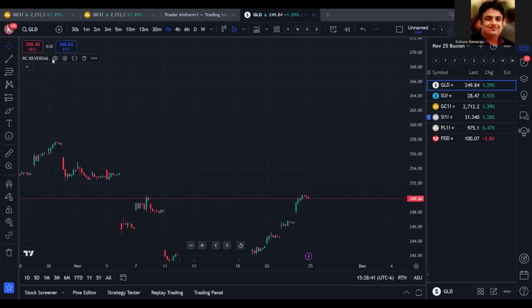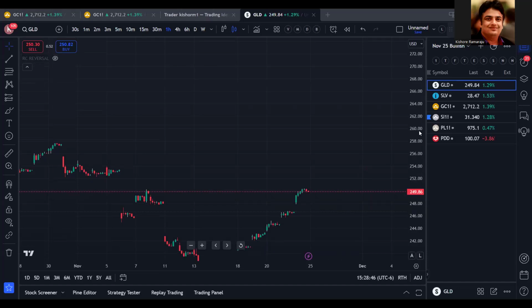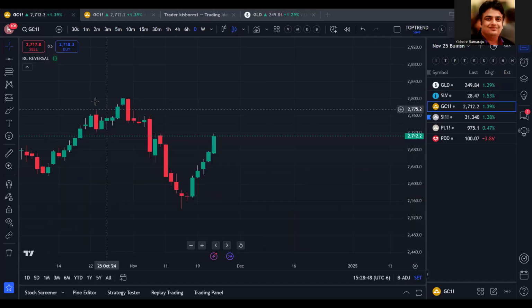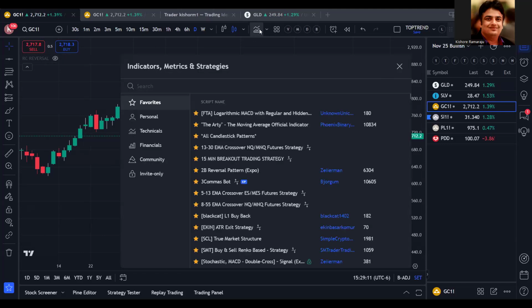Yeah, the reversal one I will explain later, but I don't want to confuse you with too many things. All you need is, if you take a few minutes every day, that will give you a lot more success, right? Instead of directly looking at 1 minute or 5 minute, if you take a little time to look at daily and 1 hour, and then understand what is the bias,